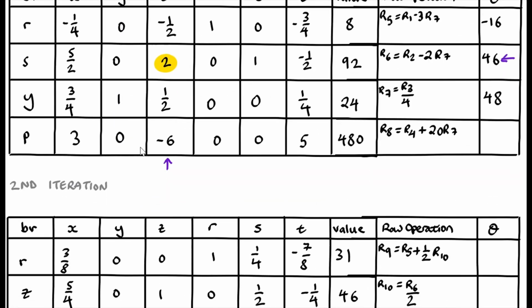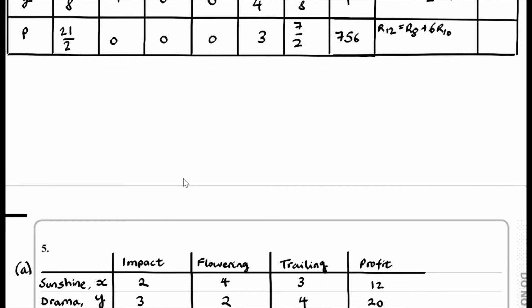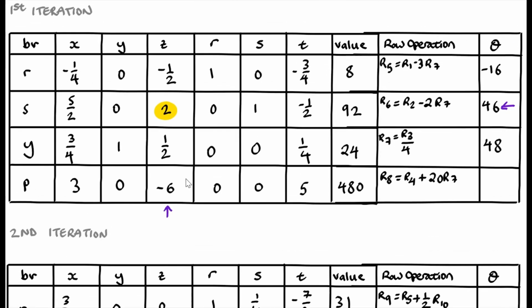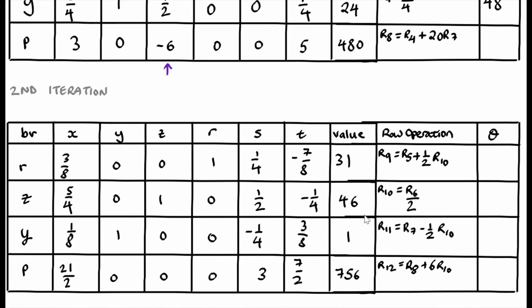And hopefully you should be able to recognize from this table over here, we still have some slack. Okay? And therefore, we can only make one drama basket, that's for Y, and 46 peaceful baskets, because over here